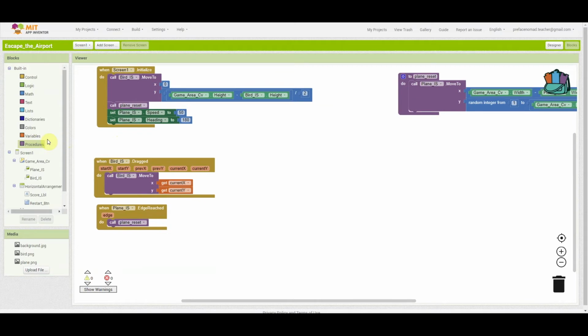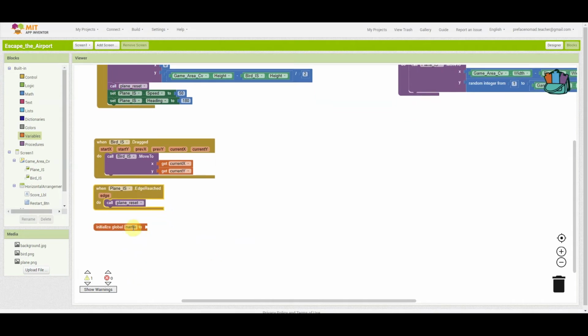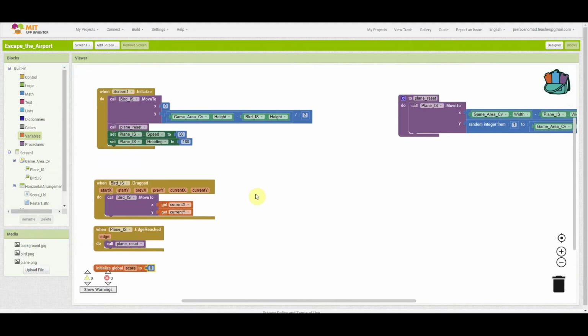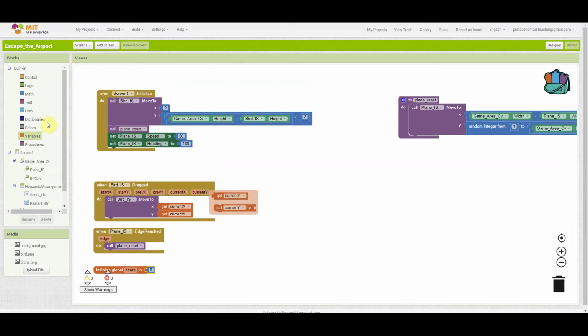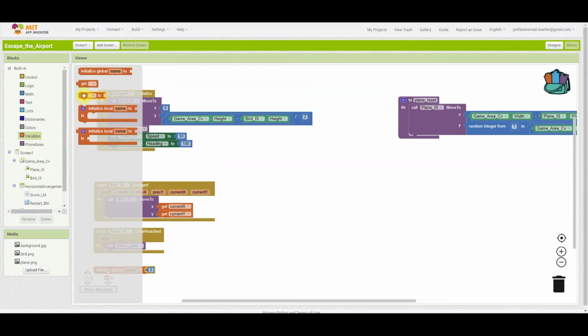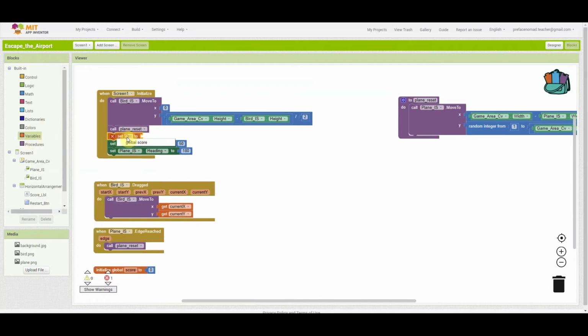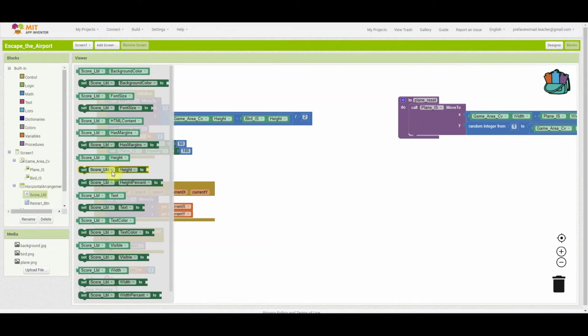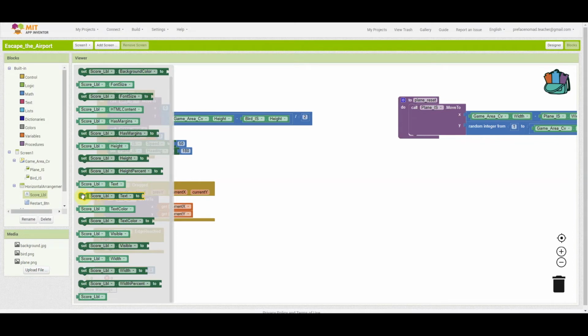From previous lessons, you know that we'll have a global variable called score so that we can call it from anywhere, and we'll name it score and set it to 0. And whenever the app starts, we want to set global score to 0. And at that time, we also want to set the score label's text to